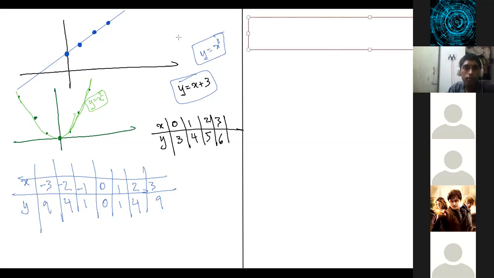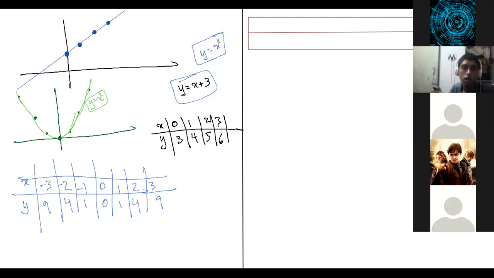Sir, will we get this curve only if we use squares, or can we use any other formula? Formula for what, to get the curve? See, if you know the equation, then you can put in one x and you get the corresponding value of y. So you have an (x, y), a point. This logic will work with any curve. If you have an equation, you put any value of x, you get the corresponding value of y. So you have a point. Using all this, joining as many points as you have, you get the curve.